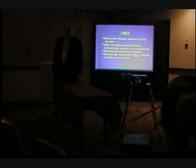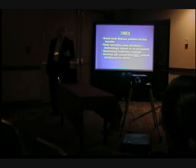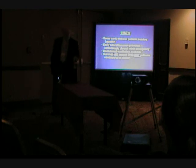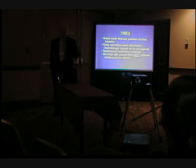So by the 60s, some of the early distressed patients made it to transfer. Early operation was more prevalent, early being in the neonatal period, because people were now doing neonatal surgery. It increasingly was viewed as an emergency operation. Mechanical ventilation had arrived, but survival was still around 50%. But as I say, patients were sicker. We were getting sicker and sicker babies coming into the hospital. If you move to the next generation in the 70s, now you could do arterial blood